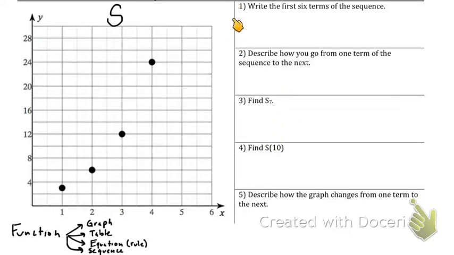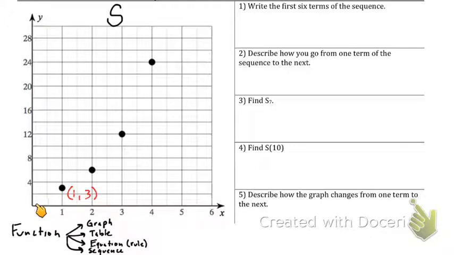Okay? So number 1, we're going to write the first 6 terms of our sequence. Where do we get the sequence from? From our function. So the first thing I want to do is, in order to write a sequence, we need to basically know our table. In order to get the table, we're going to get the table from these points. So I want to write down the ordered pair for these points. So it's going to be 1,